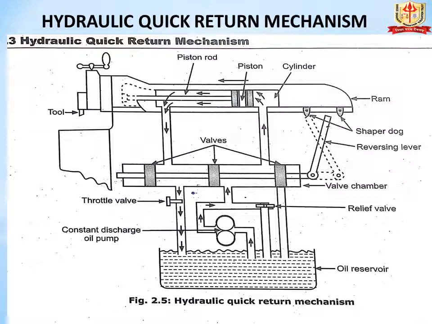Reciprocating motion of the ram is obtained by supplying oil under pressure from one side of the piston and simultaneously removing oil from the other side of the piston to the reservoir, forming the forward stroke, and the direction of the oil changes to constitute the return stroke. This motion is transmitted to the ram along with the cutting tool. The reversing dogs are provided along with the reversing levers for alternating and changing the direction of the piston. The quick return motion is achieved by changing the stroke volume of the cylinder at both ends of the piston.